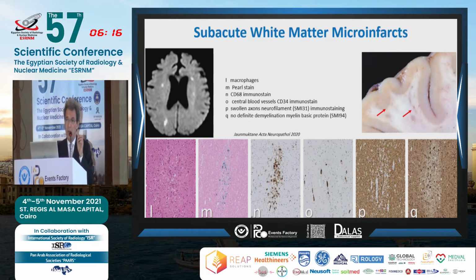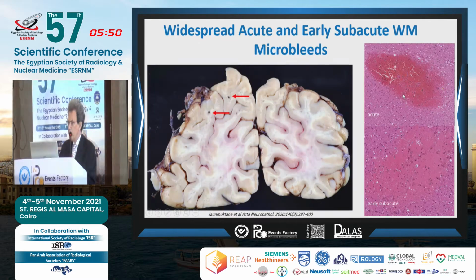Now, you have to be very careful when applying pathological nomenclature to imaging. Quite often you see the term microinfarct being used in the interpretation of MR images. They are not the same. They are talking microinfarct about sub-millimeters. This is not our resolution on MR. So be careful with this language. But what we do see here is microinfarcts on the pathology. And you also see here the multiple microhemorrhages, which were on pathological workup, either acute or early subacute.